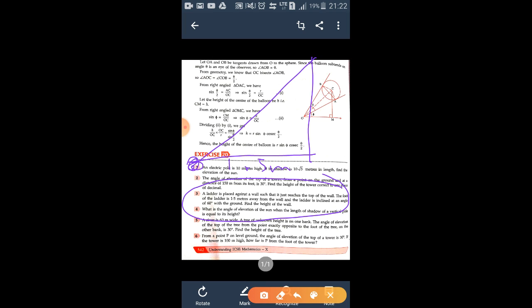And inclined at an angle of 60 degree. It is inclined at an angle of 60 degree. Find the height of the wall. Means again this one. Again perpendicular and base is involved. Yes. So we will take tan only. So we will write tan 60 degree. Why? Because angle of elevation is 60 degree, is equal to what? Perpendicular, which is x, by base, which is 1.5. Okay, and tan 60 degree is root 3. I am writing it at the bottom over here now. Root 3 is equal to x by 1.5.